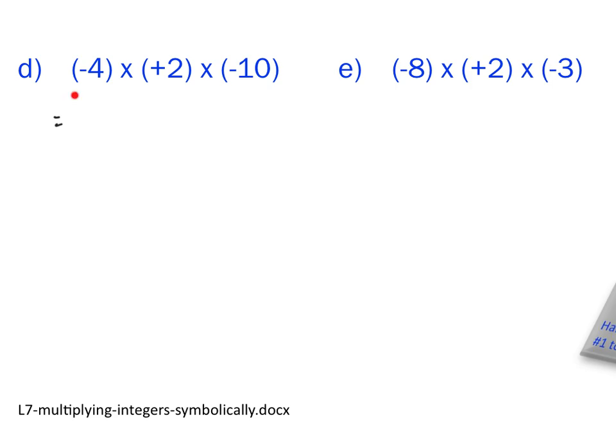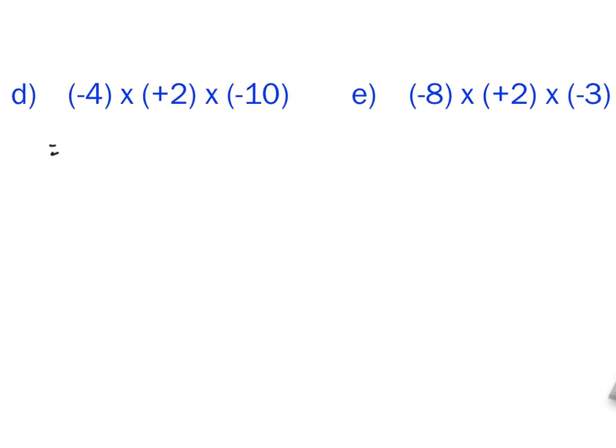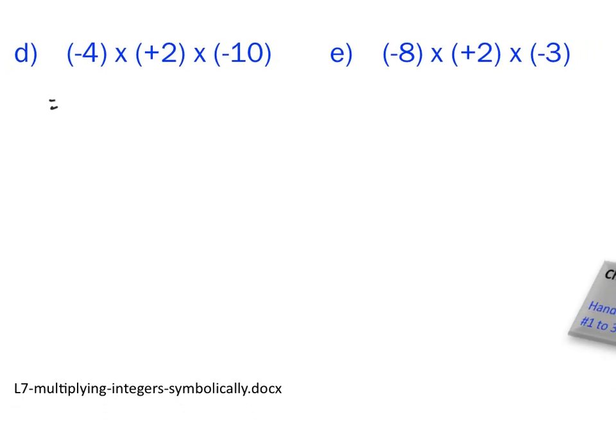It doesn't matter if there's 2 of these, if there's 3 of these, if there's 5 of these, if we're multiplying 20 numbers. Count the negative signs, okay? How many negative signs do we see? 2. Okay, so here's the trick. The trick is, actually I'll put it below because it's easier. If the number of negatives